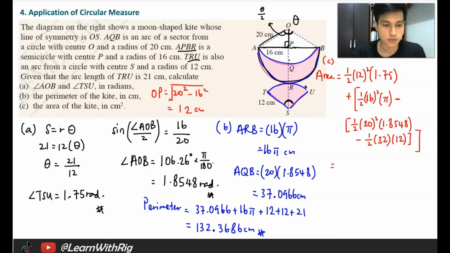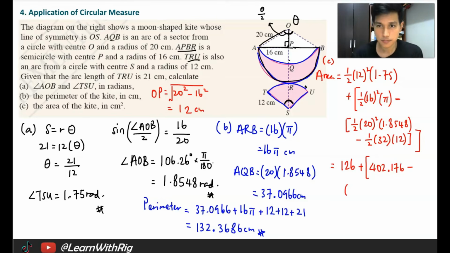So that area here should be 126 plus, so the area of the semicircle, what's the semicircle? APBR, yeah. APBR should be 402.176, okay, minus